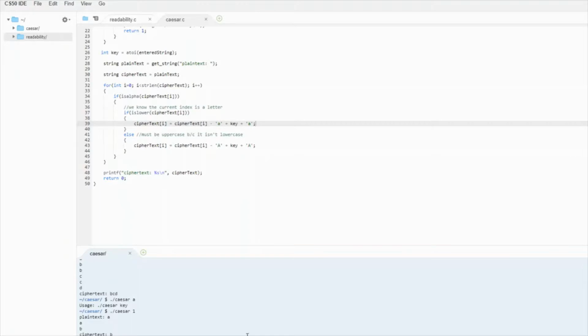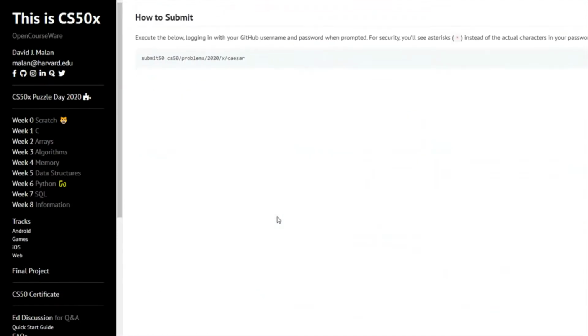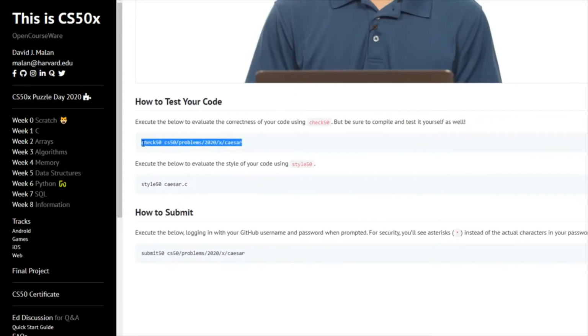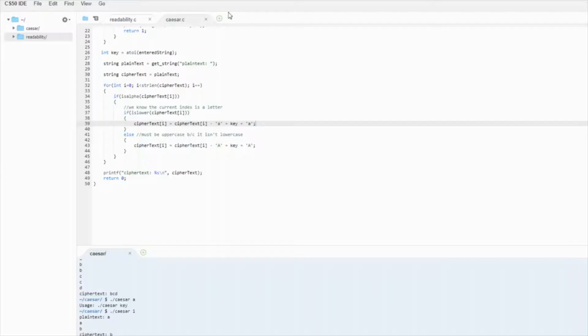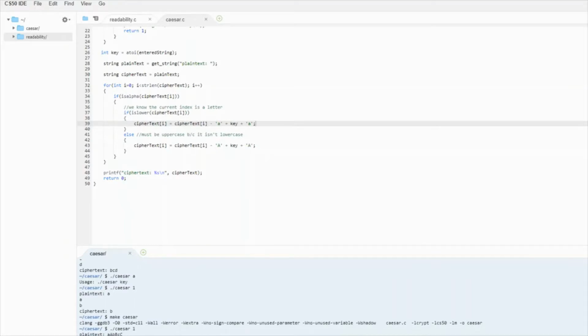If I went up and I ran the test, I don't actually remember what that is. Let me take this. So this is going to work, but it's going to blow up on anything bigger than, if I enter a number bigger than 26, because we don't have the modulus operator there yet.